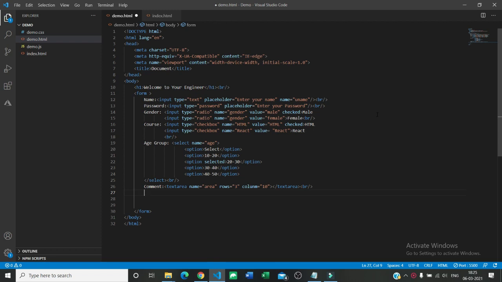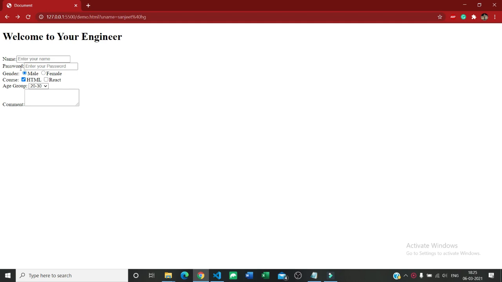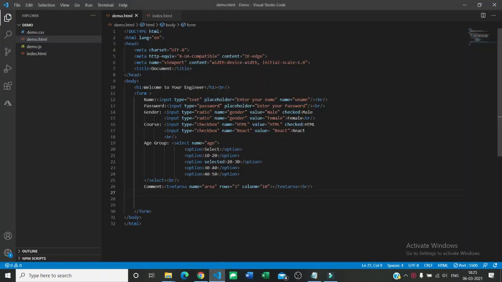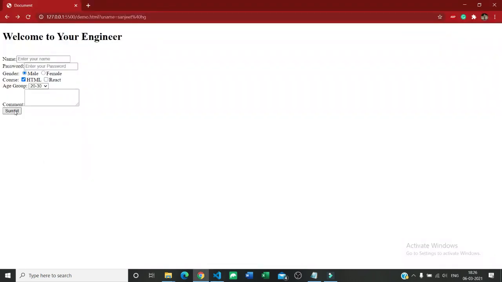Now, as we saw in our previous video, we have created this much of the form. Now what do we do with the values of this form? We have to submit it, we have to do something. Finally we want to submit it. To do that, we have to give an input tag where the type attribute should be submit and the value attribute should be anything you want to appear on your button. So here I am going with Submit. Once it is done, we have saved it, and you see there is a submit button.